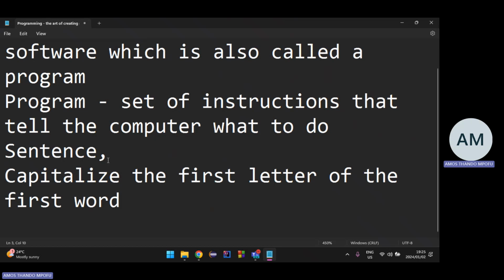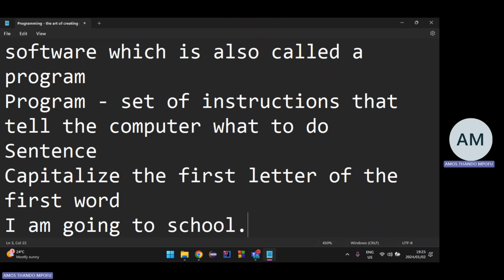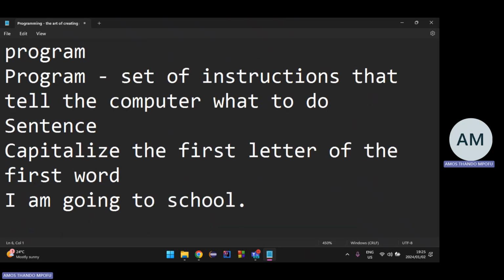So for example, you want to write a sentence like, I am going to school, right? This is the more correct way of writing the sentence. Then there's other ways of writing it without following the rules.